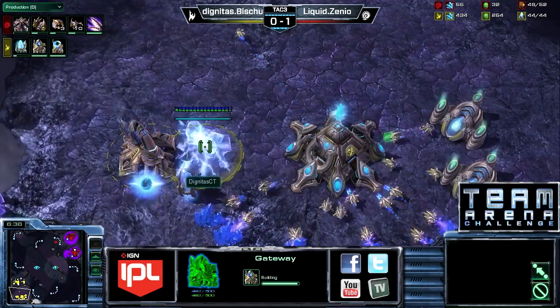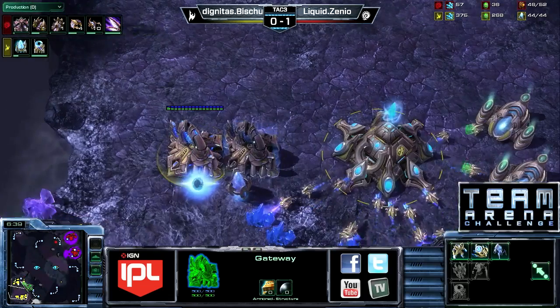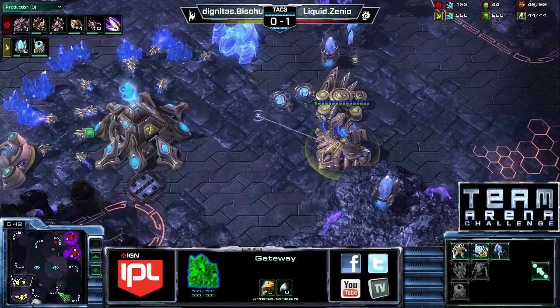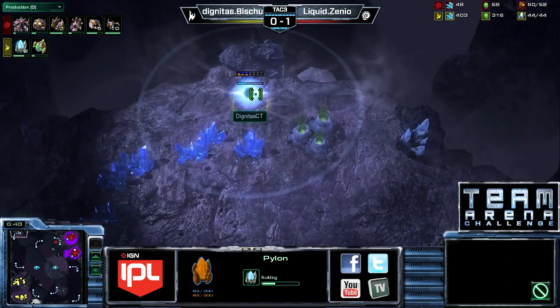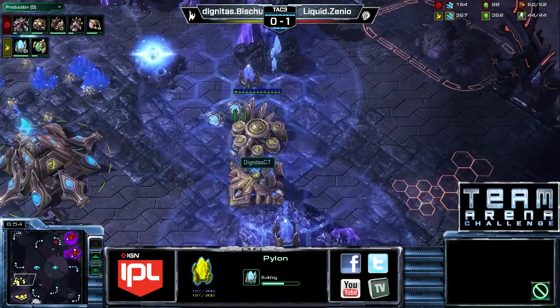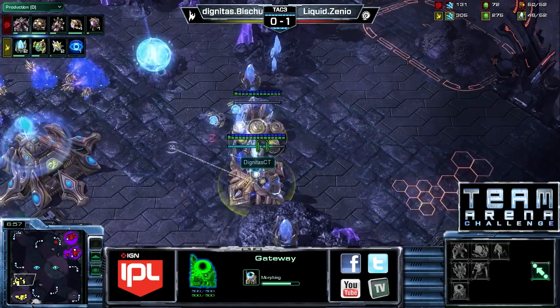It is going to be gateways number 2 and 3 for now. They are just finishing along with Warp Gate technology. Do we have a forward pylon anywhere? Not quite yet. He's got, well, that's a weird one. It's, well, not really forward, kind of like sideways. I mean, I guess it is towards his opponent's base, but it's not